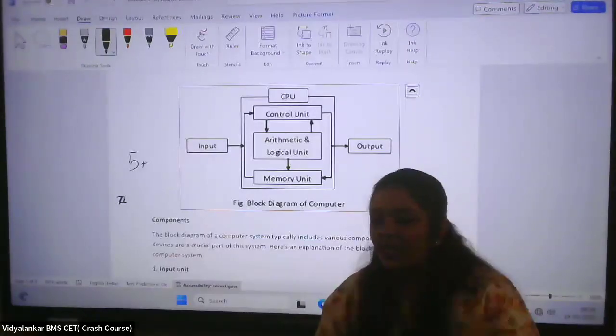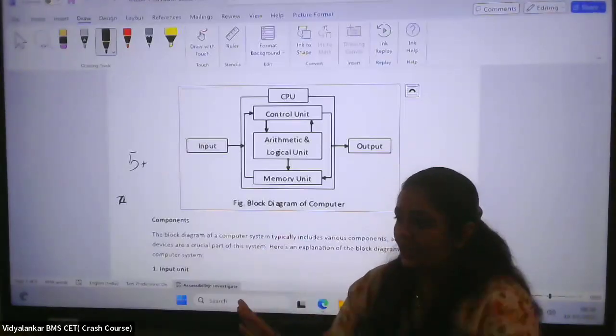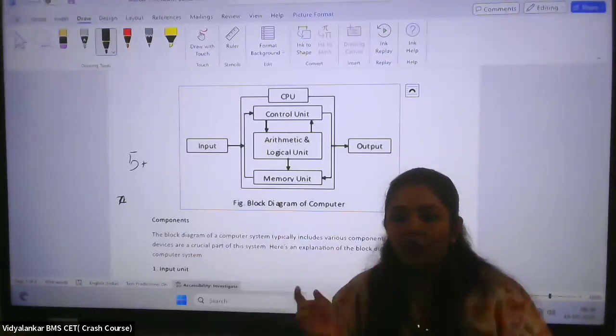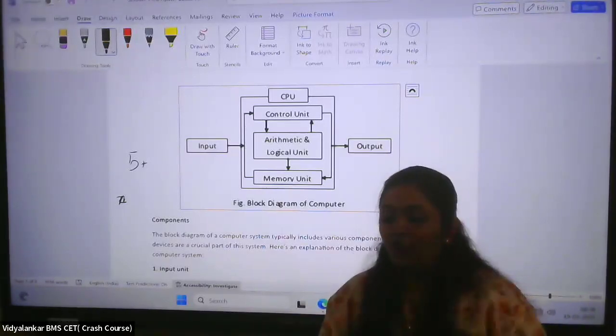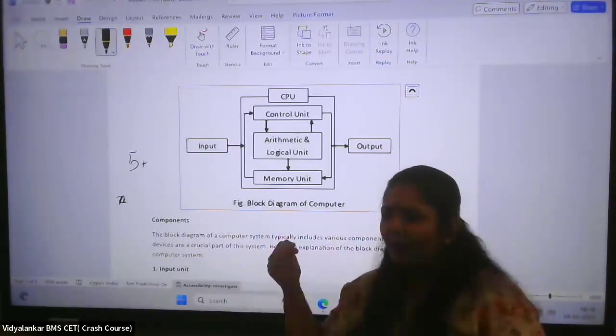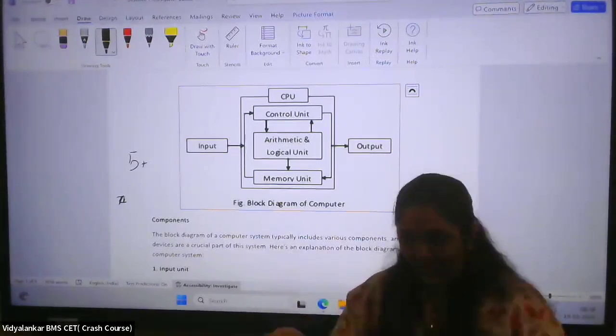So the processor, what does it do? It has a component which will handle a particular task. So whatever, see, suppose as I said, I was doing 5 plus 3. So that plus indicates what? Addition. So that addition is what kind of, is it arithmetic or logical? What do you think? Logical में आपका data type करना, save करना, ये सब भी आता है. So it's of course arithmetic.